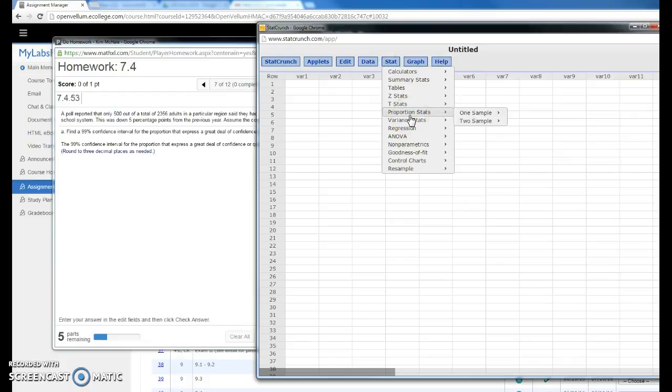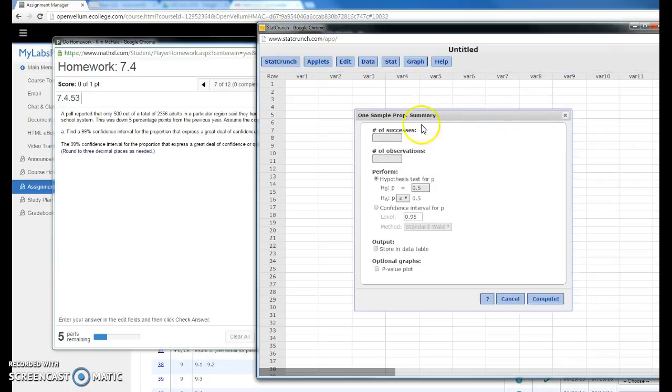The problem already tells me it's a proportion, and I also see that I have 500 out of, I'm sorry, 2,356. I have one sample, and with the summary, I don't have all the yeses and nos. The successes would be 500. The observations would be 2,356. I don't want a hypothesis test, I want a confidence interval, and I want a 99%. So I'm going to have to go to this defaulted 95% and change it to 99%,